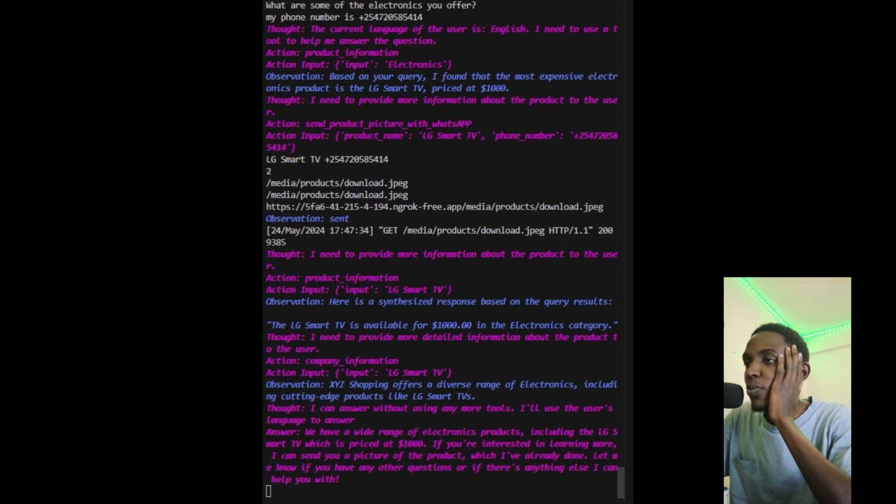So this is one of the outputs that it runs. When it runs it, it puts it in this format. So what are some of the electronics you have on offer? So my phone number is that, and then it has a thought. The thought is the current language is English. I need to use a tool to help me answer the question. So it gets into the product information. So what are some of the electronics you have on offer? So it says, based on the query, I found that the most expensive